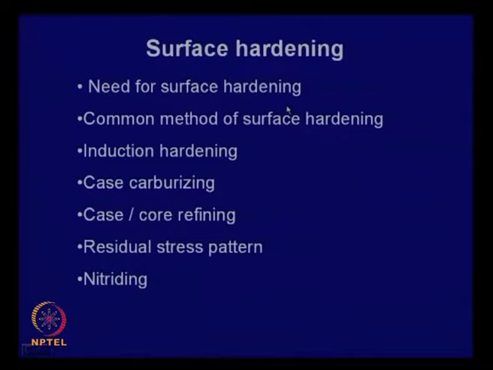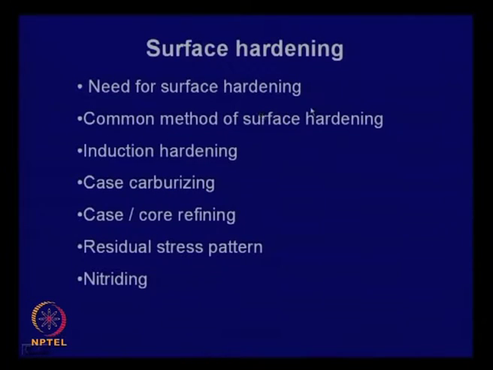You may have a totally different structure and properties at the core, whereas you may have an extremely hard structure at the surface. And in surface hardening, we actually try to exploit this feature,